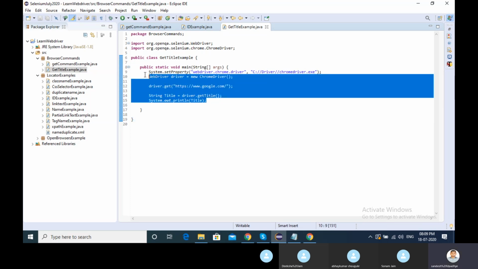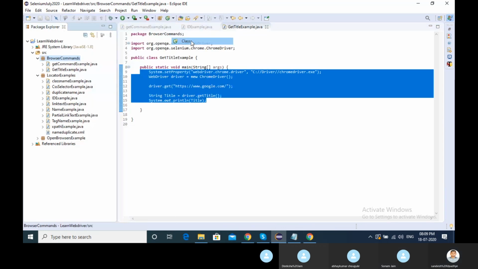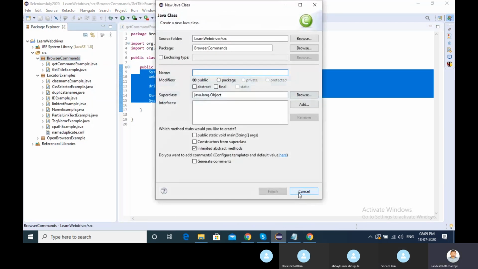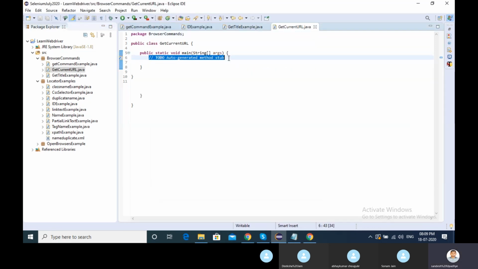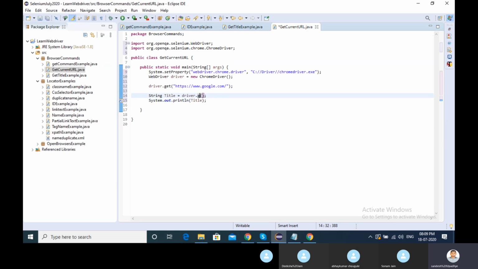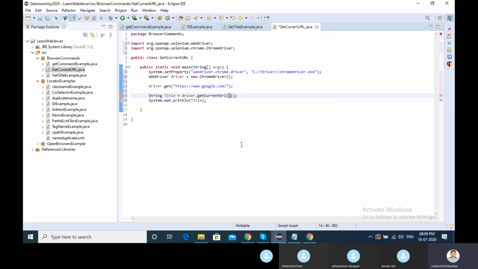Same thing we can do with get current URL. We have one more method, get current URL.